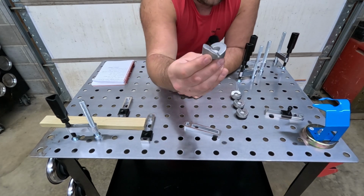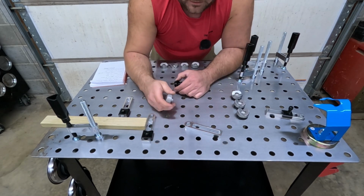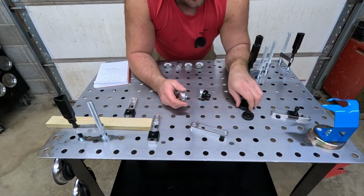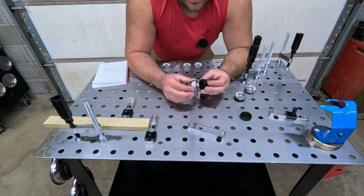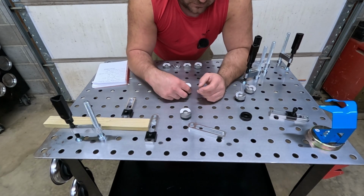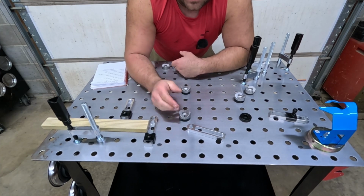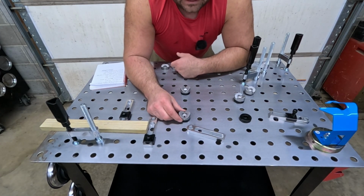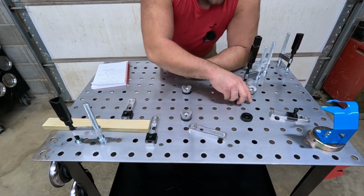So, and they have a flat cut into them in the bottom there, so they'll hold thin metal straight up. And what these pieces do, guys, they come with these other pieces too, so they kind of go into here. And you would put them down in your table, and these hold round pieces. Put a round piece in the V there, and now you've got a round piece holding steady, and you could